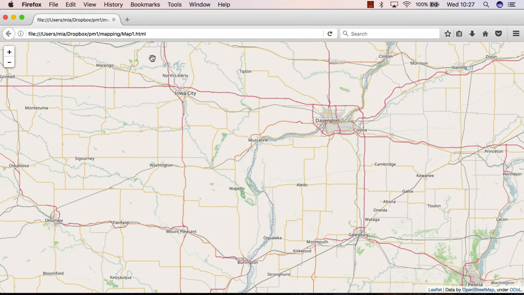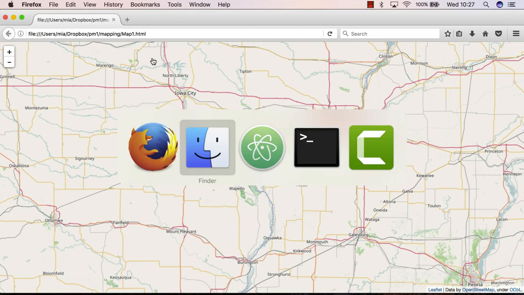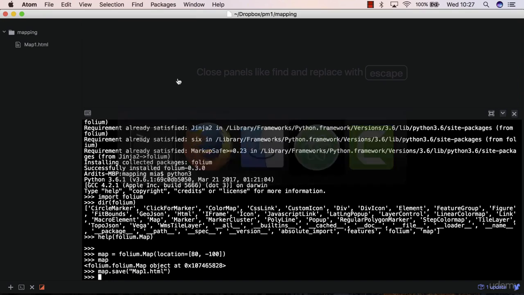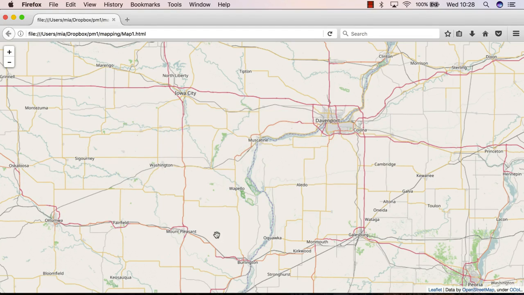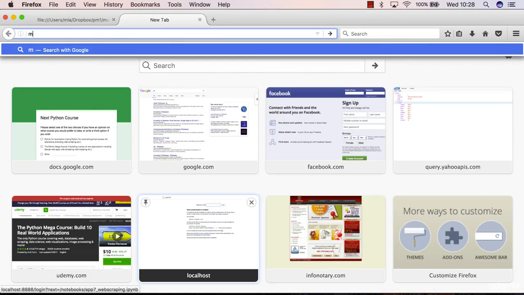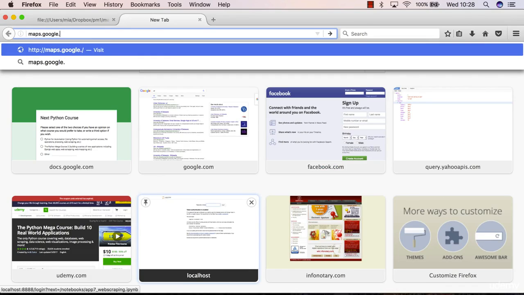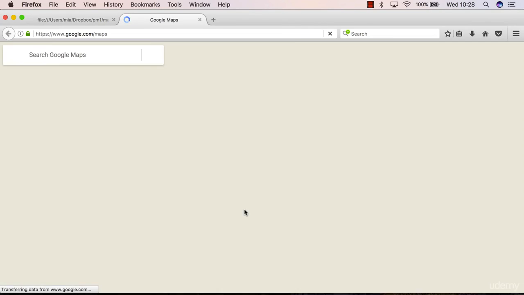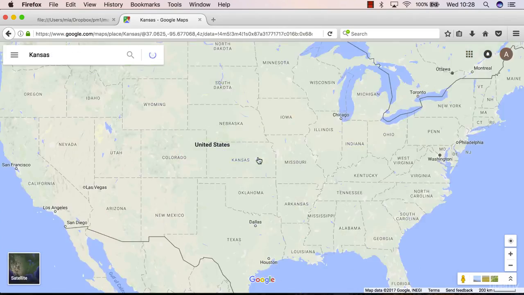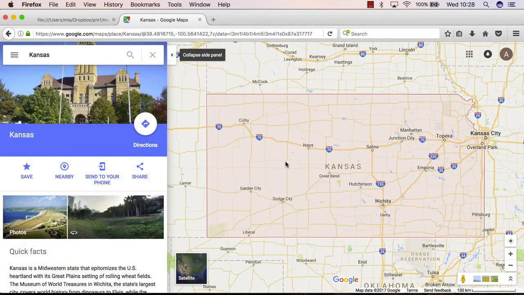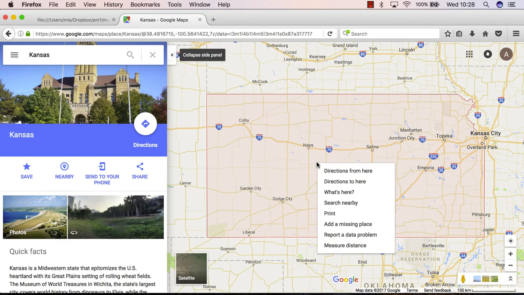And if you want another location, you'd want to change the coordinates in here in location. But if you don't know what coordinates your favorite place has, then there may be different ways to discover that. But a quick way is to go to maps.google.com. Let's say you want to know the... Let me zoom in here. You want to center the map around this location. So right click there